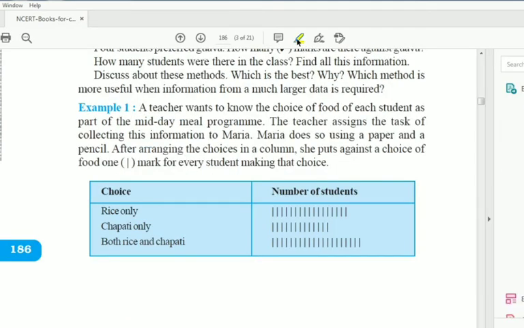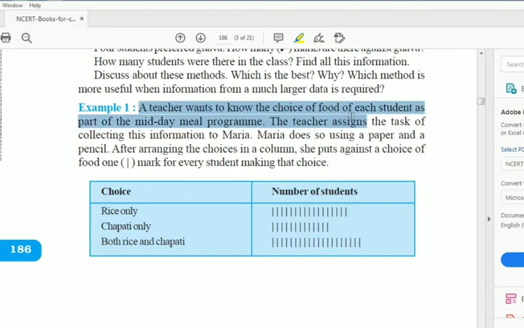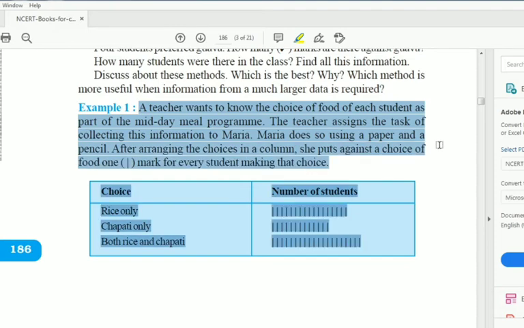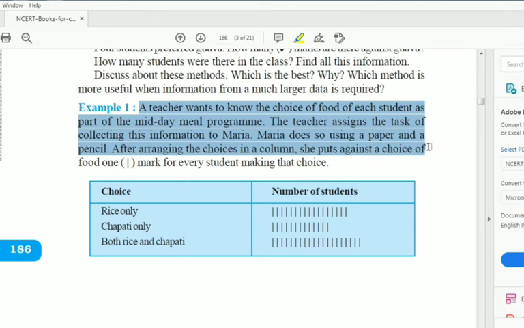We will take a highlighter to indicate that so you can easily understand it. A teacher wants to know the choice of food of each student as part of the midday meal program. The teacher assigns the task of collecting this information to Maria. Maria does so using a paper and a pencil. After arranging the choices in a column, she puts one vertical line mark against the choice of food for every